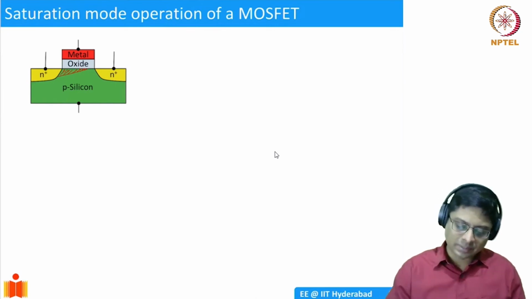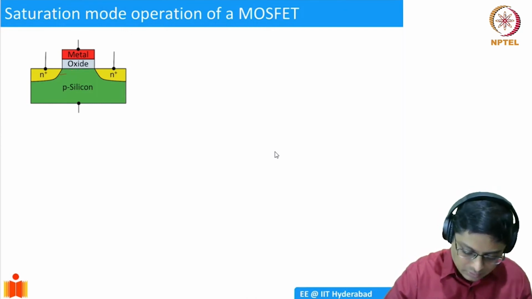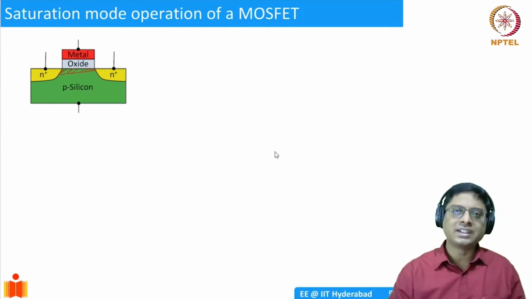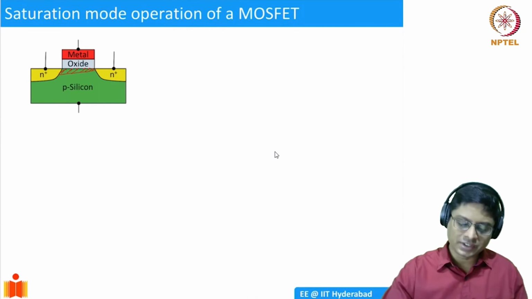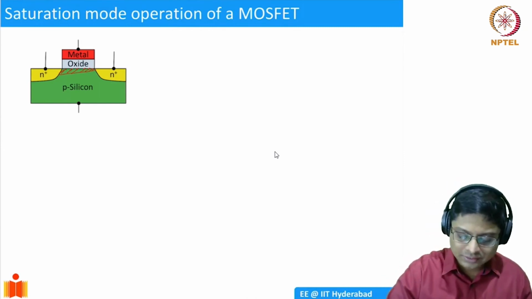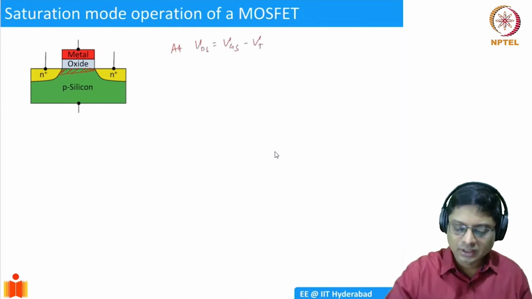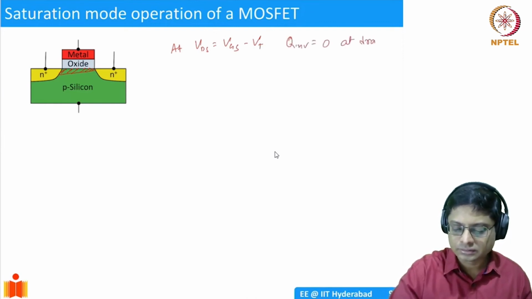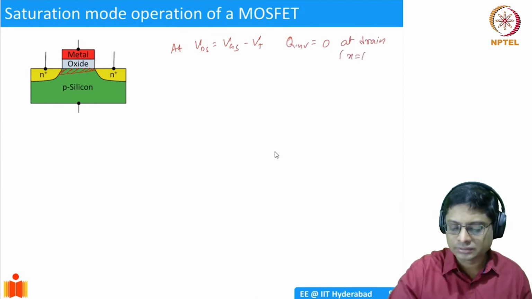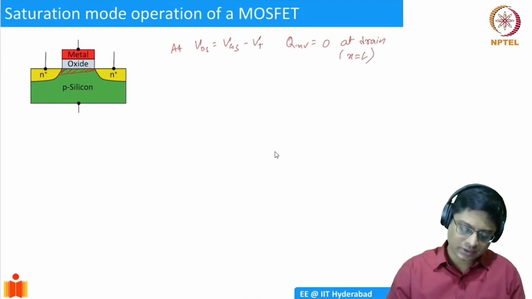What I'm saying is, let me do this like this. As my VDS increases, there is a variation of inversion charge across the channel. At VDS equal to VGS minus VT, Q inversion is going to be 0 at the drain, or rather at X equal to L. If you further increase VDS, what happens is, let me just draw the